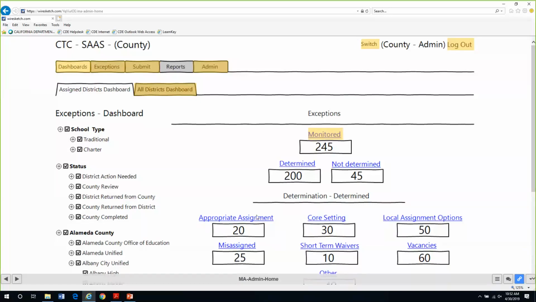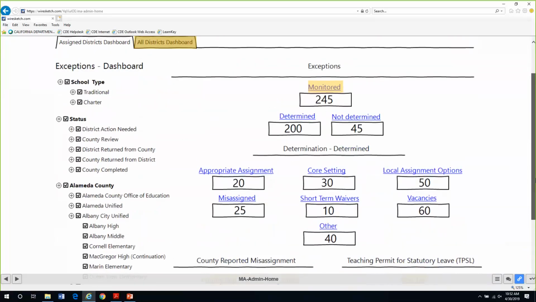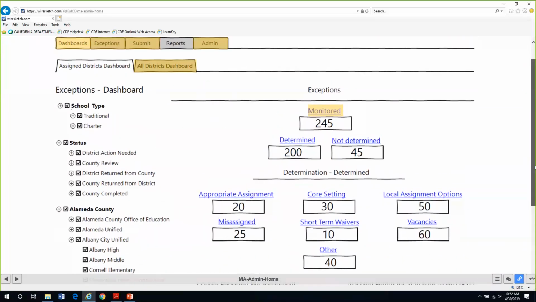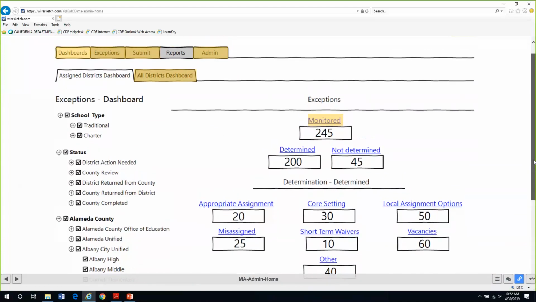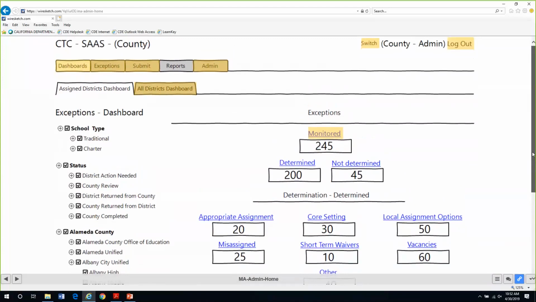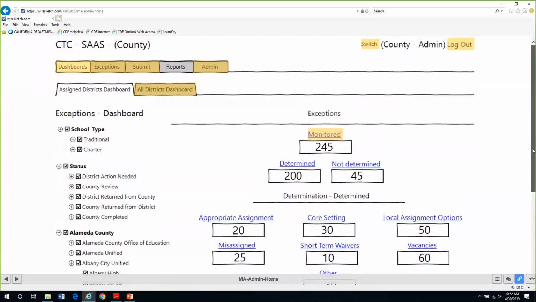And there'll be different looking dashboards depending on what type of user you are. So when I get to my dashboard, I have tabs up here at the top that let me quickly get to different parts of my work, ways to filter my work over here on the left, and here in the center a quick view of my work. Right now, every single school and district is checked in this example. So this is Alameda County, and this is the county administrator looking at Alameda County.